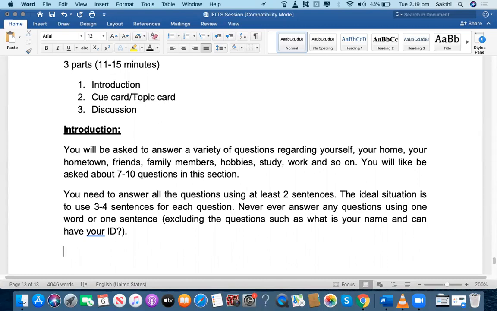Especially if you're aiming at 8 bands, it is definitely critical for you to meet this minimum sentence limit in your answer. Okay, no worries. I'm going to teach you the techniques anyway, but I'll give you the overview of these 3 sections quickly. And then the next one is going to be a cue card,